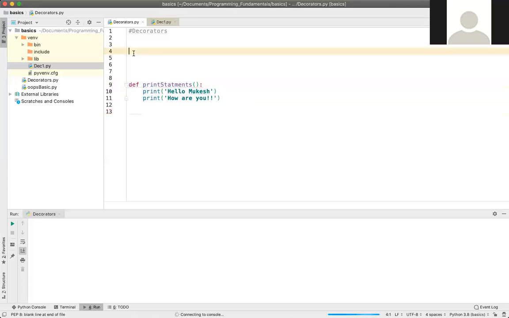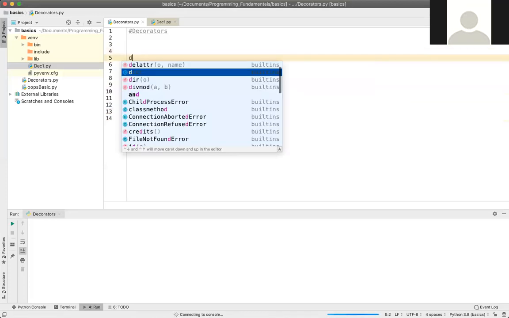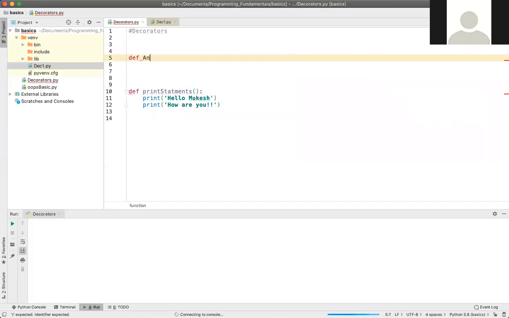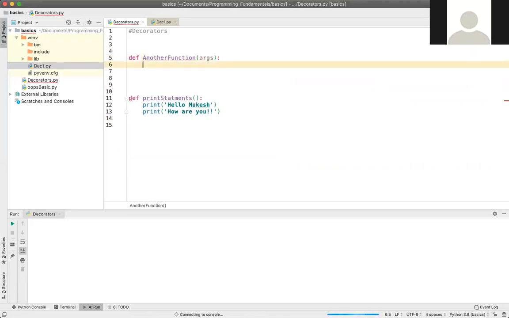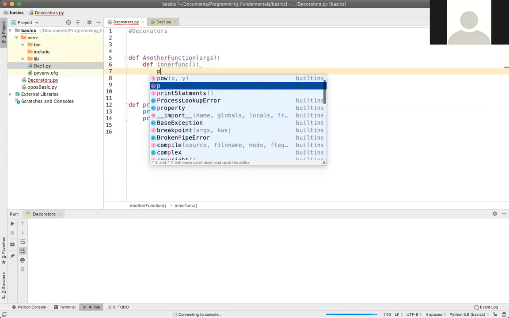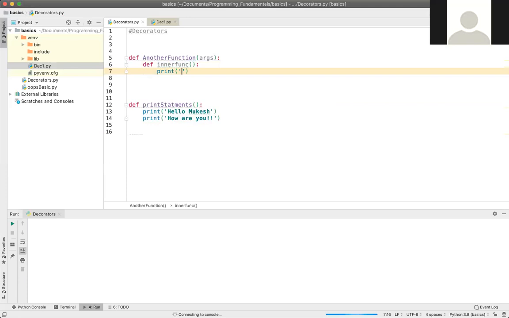So in that case, you have to define another function that will take an argument. Inside that, let me define one inner function, and I need to write a print statement, like let me say, before execute.